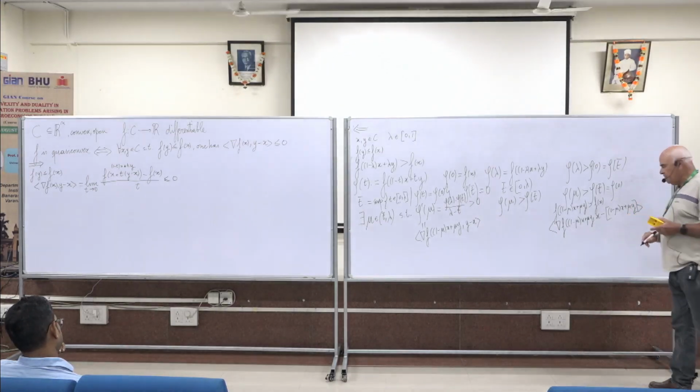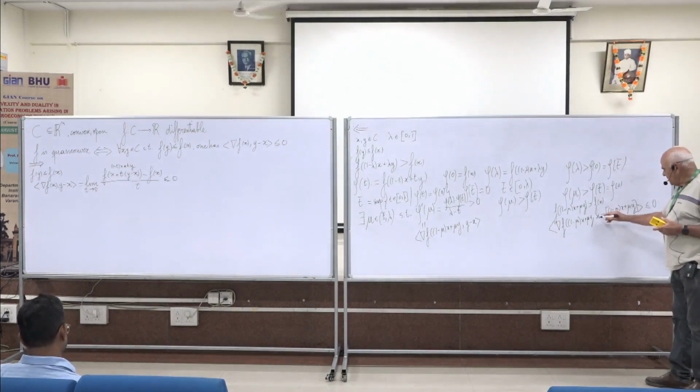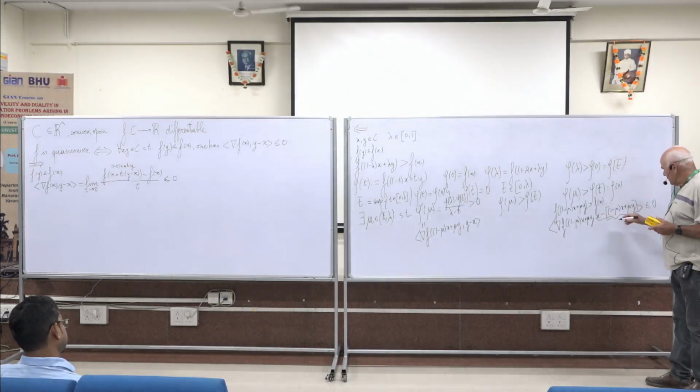So this inner product must be less than or equal to 0 by the assumption. But now you compute this difference. This is mu